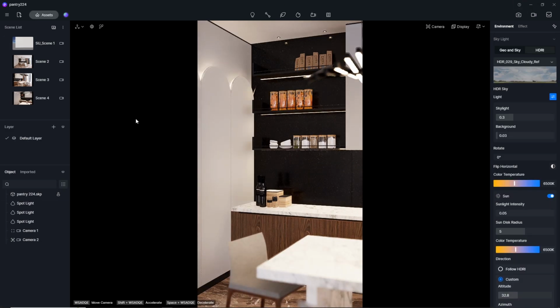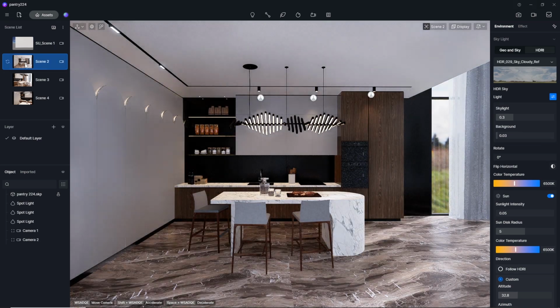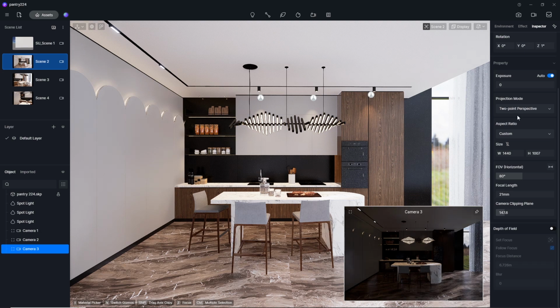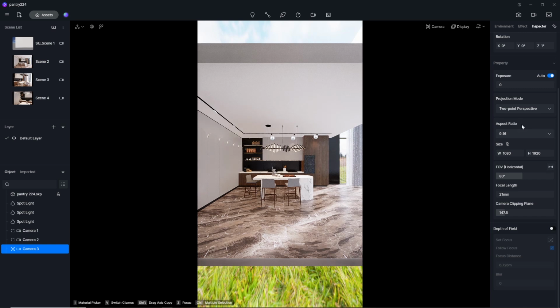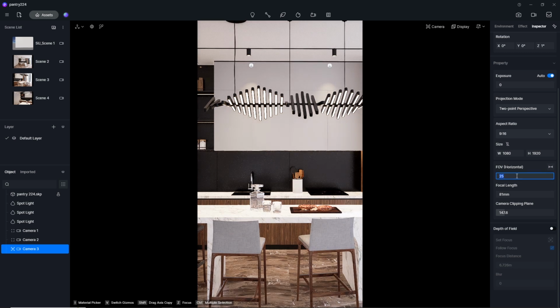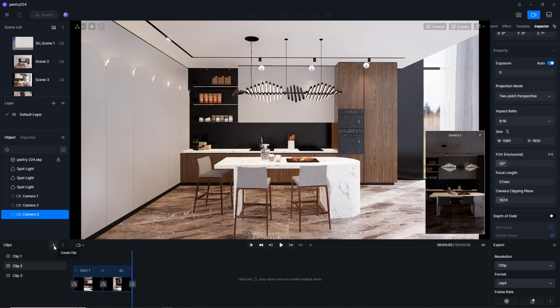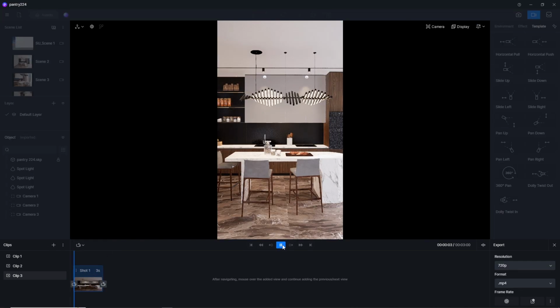And the last clip is a general view. So let's start from scene number 2. Click camera button here, click current camera, change the aspect ratio, get inside, change the field of view, maybe 25, 35, 35 is good. Let's move to video mode, add another clip, select the camera that you want to add, selected camera. Okay,